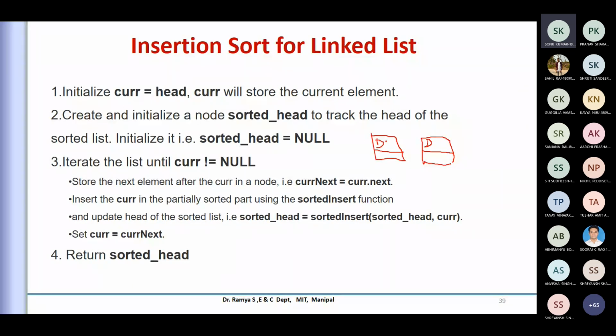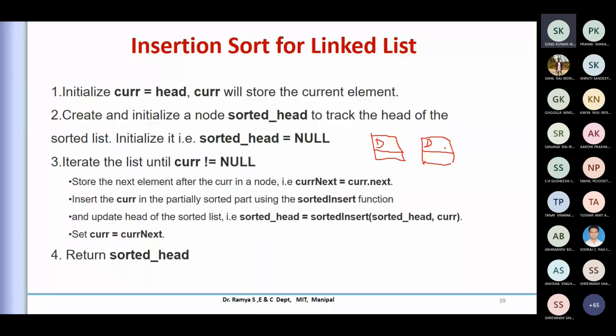So I'll compare these two. Say, for example, this is the highest value, so 10, and this is 5. Then there is no swapping. I don't require any change in this. But if this happens to be 5 and this happens to be 10, then I have to make a sorting. I have to change the position.